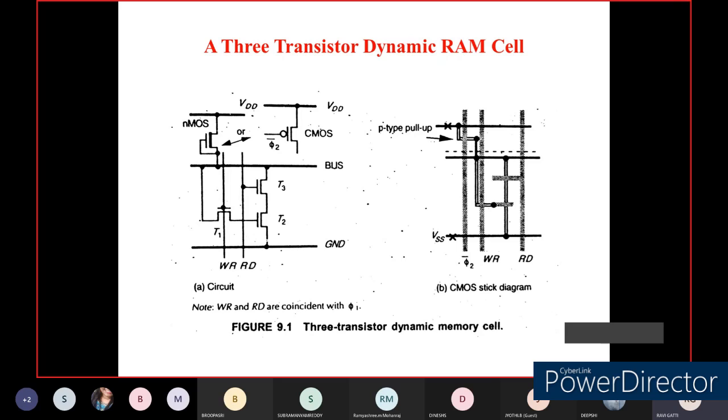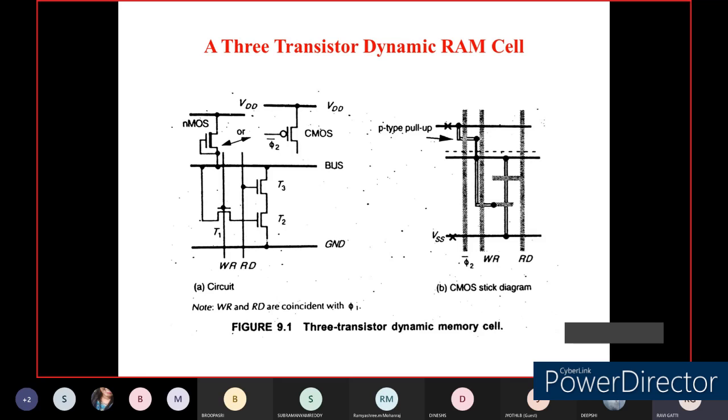Why? Because since it is a dynamic RAM cell, whatever elements we want to handle have to be written onto the bus. Therefore it has a VDD bus and a ground pin. And depending upon what operations we are going to do on a dynamic RAM cell, there are basically two important operations. One we call a write enable and a read enable pin.